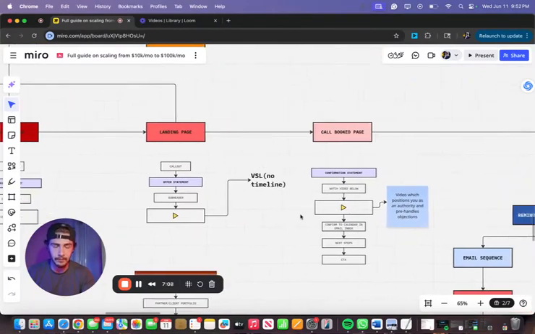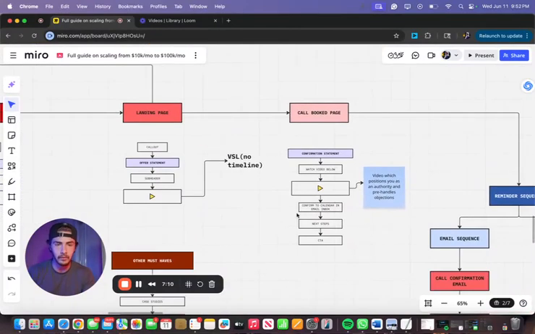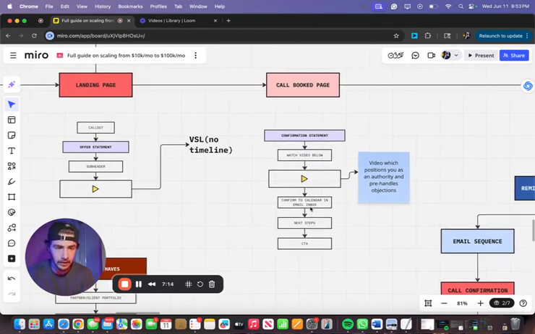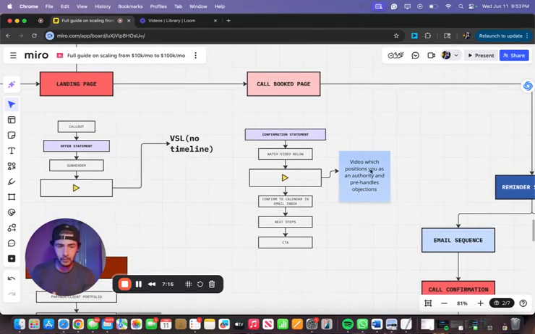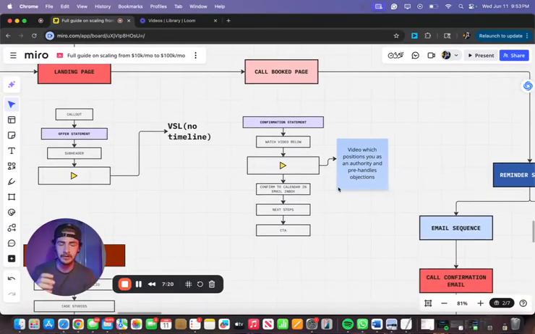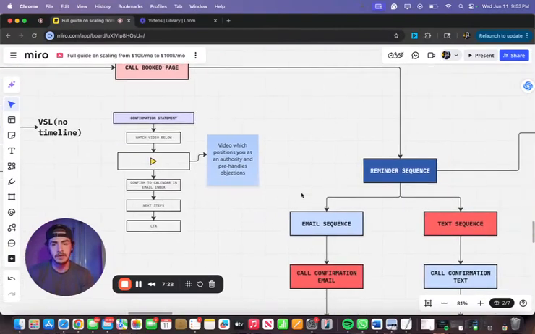Now, this brings us to the call booked page. After they booked a call, we're going to have the confirmation statement. You're going to have them basically watch the video below, which positions you again as an authority and pre-handles objections. You're going to ask them to confirm the calendar in the email inbox, and then have them go to next steps, and then any call to action you ask of them, which takes us to